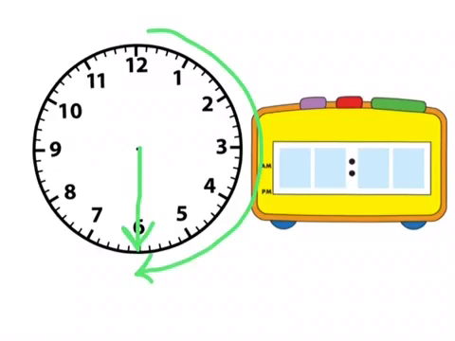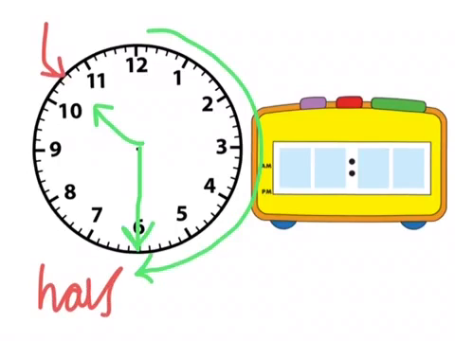So it's going to be a half past time. And the time we're in assembly is 10:30. See how the hour hand here, if I change the colour so you can see, has travelled past the number 10 and it's on its way to the number 11. So if we were to write this in our book, we would write down 10:30,